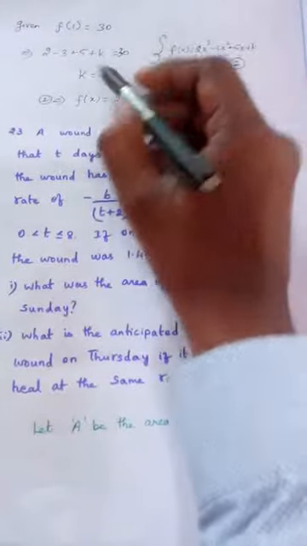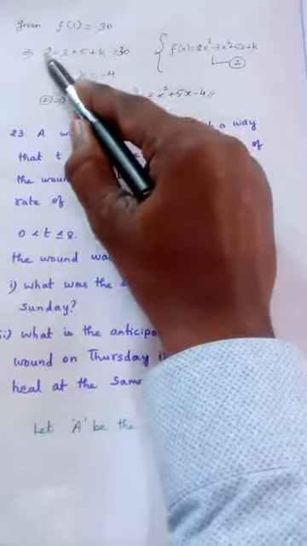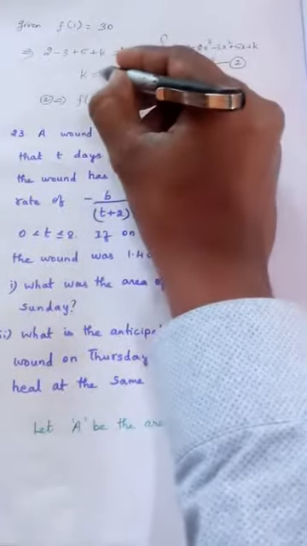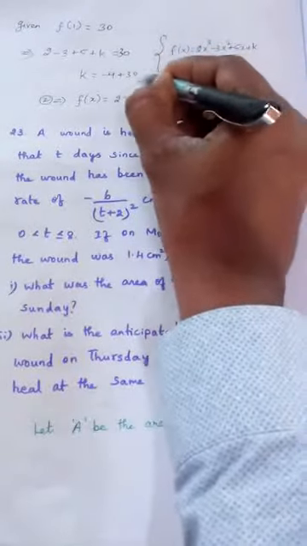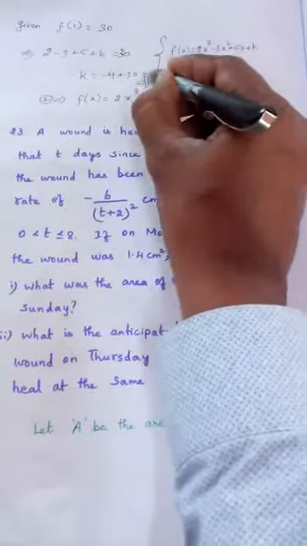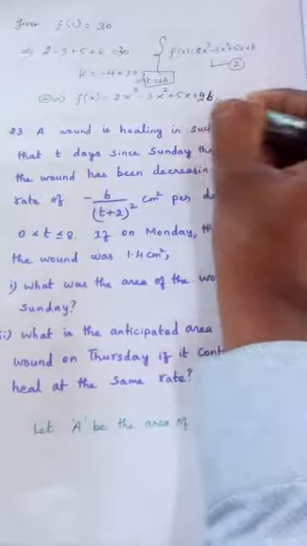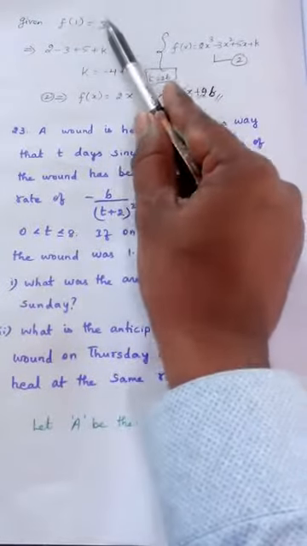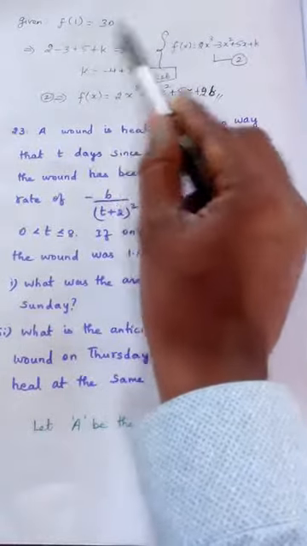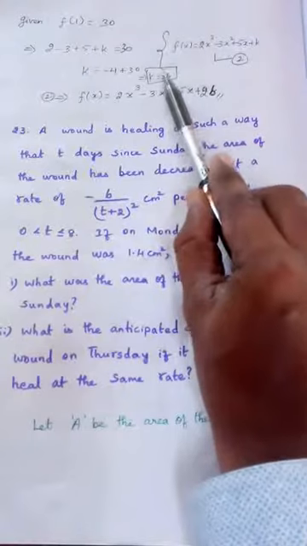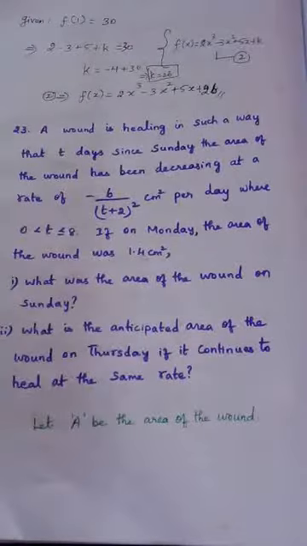30. So if you simplify this, 2 minus 3 is minus 1, plus 5 is 4, and here plus k equal to 30. 30 minus 4 is 26. So k is equal to 26. So in place of this you have to put 26. Try to understand, a small mistake is there: instead of 30 I had written 0. So this is 30. Simplifying this, the k value is 26, and substitute this k value 26 in this equation so that you will get f of x. Hope you have understood.